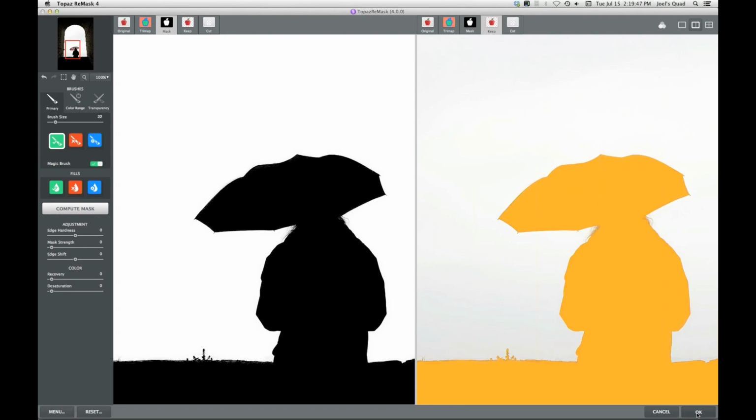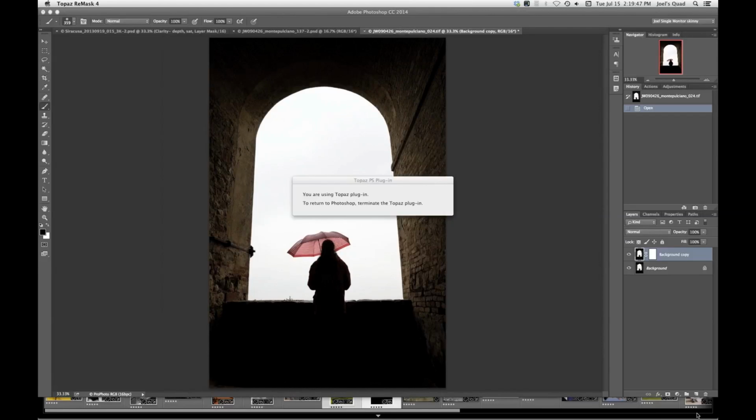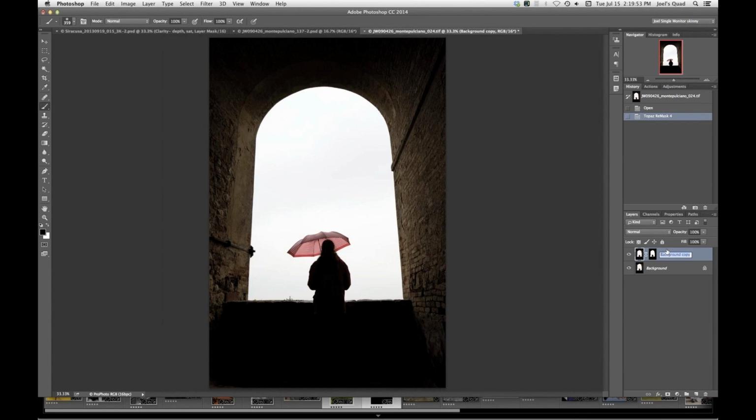All we do now is say OK, and it pops us right back into Photoshop, and there's our layer right there. I'm going to rename that Arch. I'm a big fan of labeling all your layers, so if you ever have to go back to it, you know what you did. So now that that layer is selected, I'm going to go up under the Select menu,